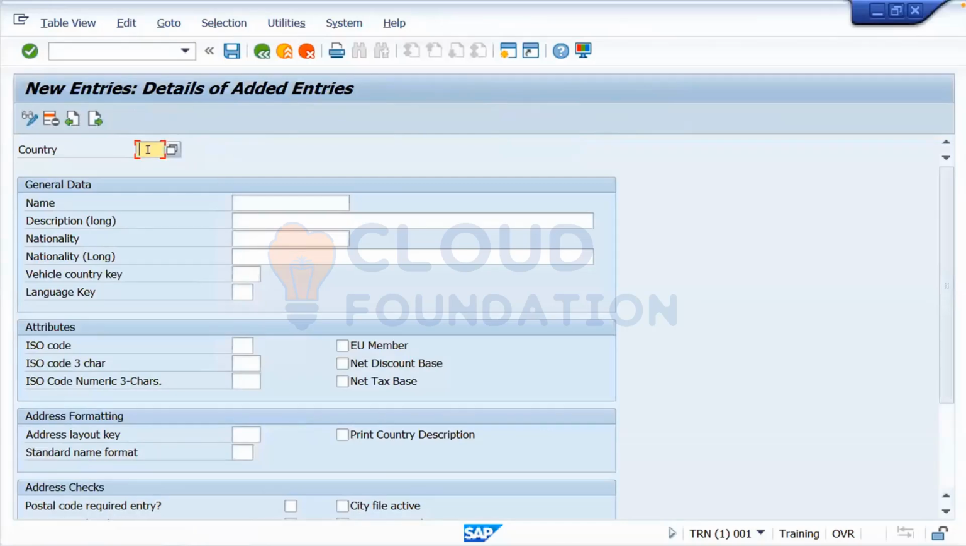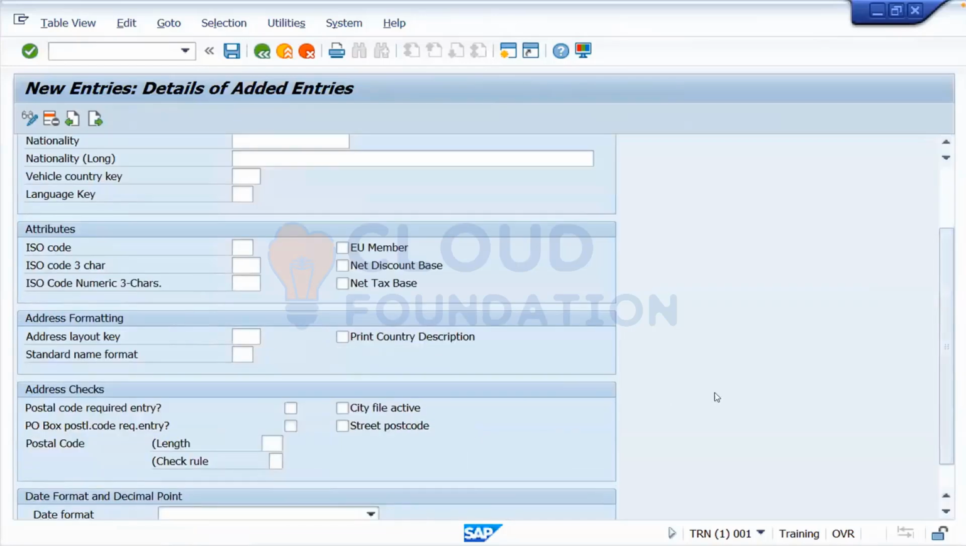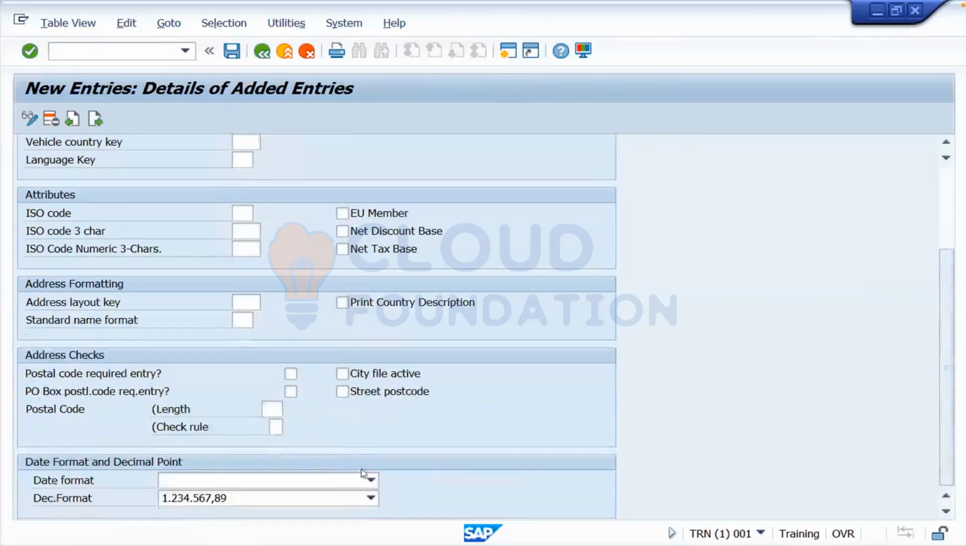Country name SP. Country name Sanjay, and date format, time format. So I'm creating a new country SP. The format would be DDMY, and when I'm going to save this setting,